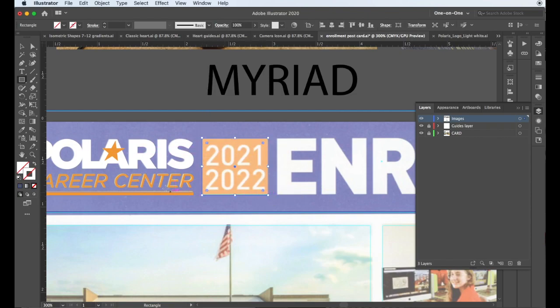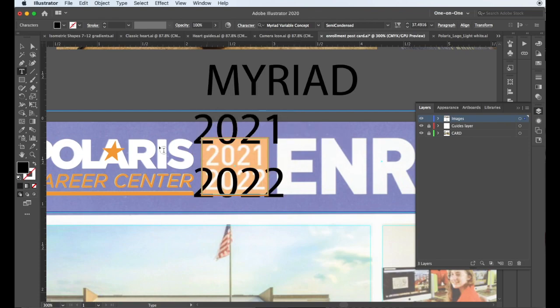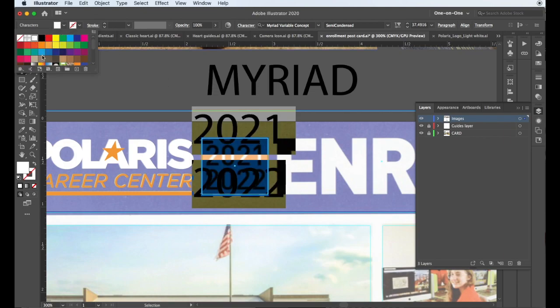There's no fill or stroke right now. Use the eyedrop tool to just click on the orange and swap it so it's just the stroke so we can see through it. Just duplicate this Myriad, which is the font, Myriad Pro, and just typing in the numbers 21, 22, and highlight the text with the text tool, and you can change it up on the control panel